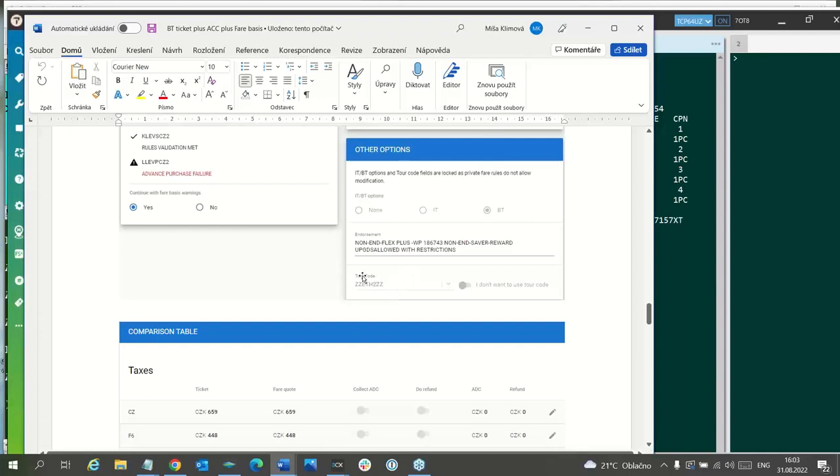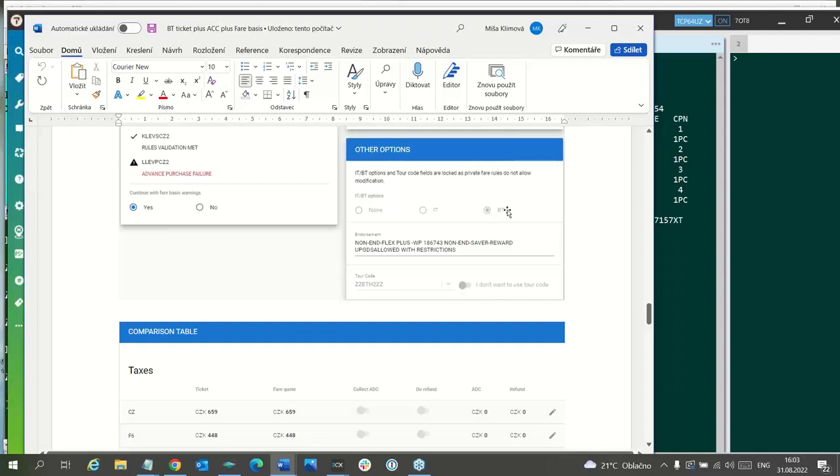Here you can see the tour code, which is copied from the original ticket in this case. Sometimes it can be taken from the new fare. It depends. Sometimes if you want to have a tour code, it can be copied from the original ticket.